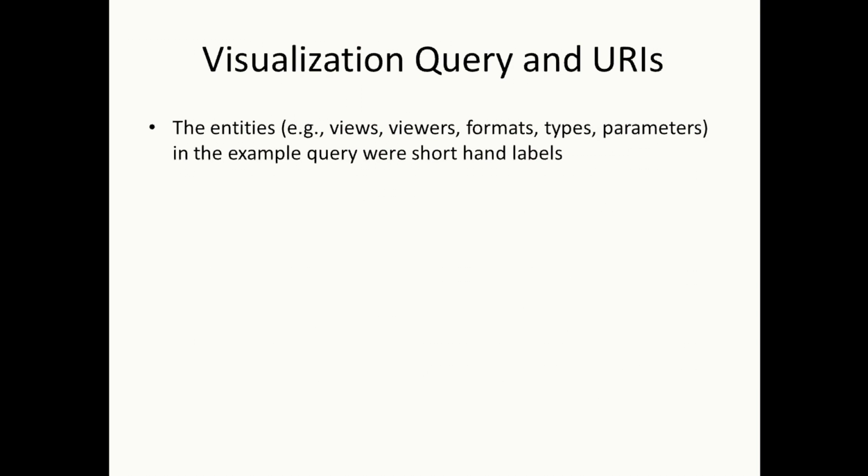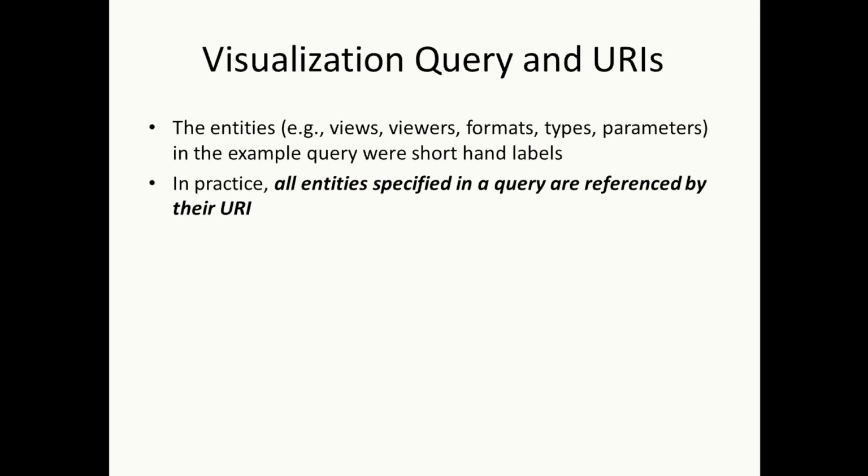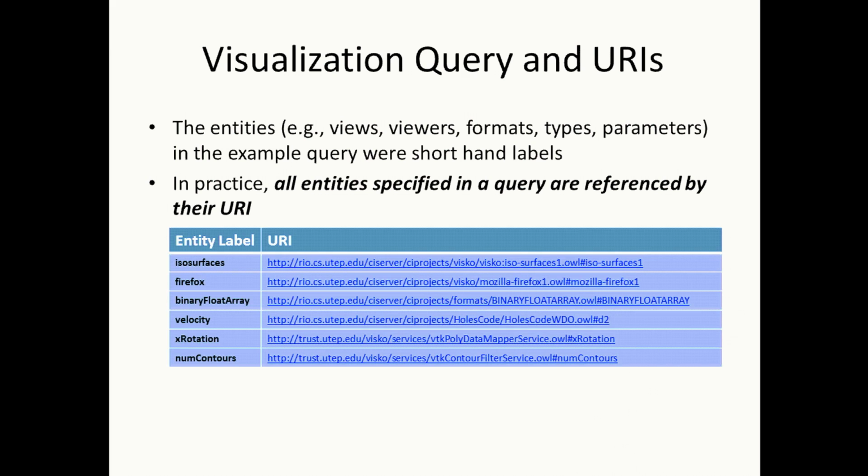The entities views, viewers, formats, types, and parameters that were referenced by our velocity query example are actually shorthand labels. In practice, all entities specified in a query are referenced by some URI, as was indicated in the previous slide presenting the query template pattern. In our velocity query example, the entities isosurfaces, Firefox, binary float array, velocity, X rotation, and number of contours each have a unique URI, and it is these URIs that we would stuff in the query in place of the